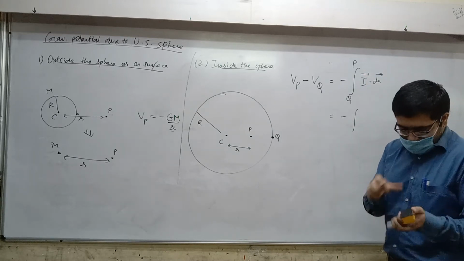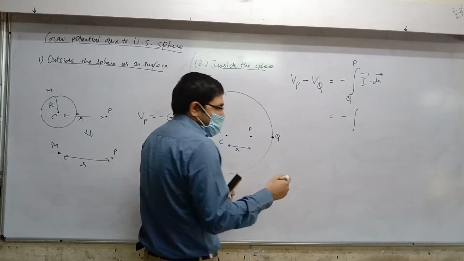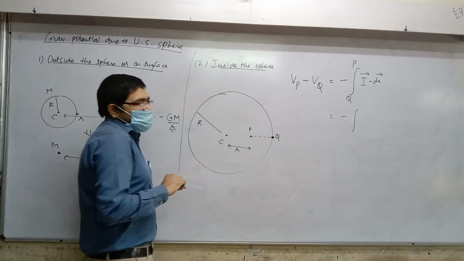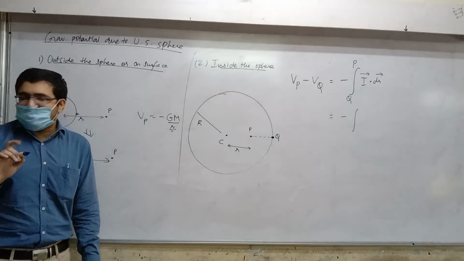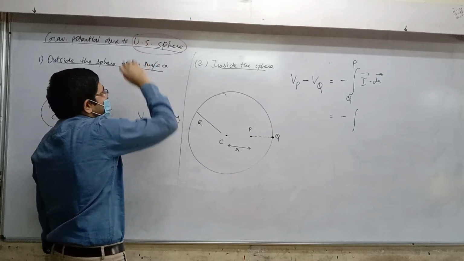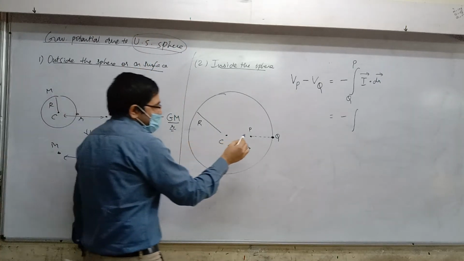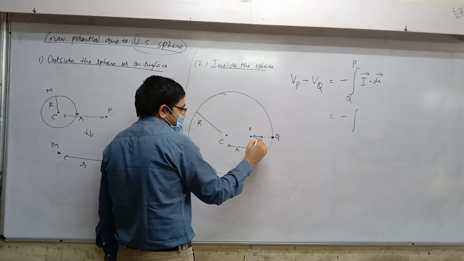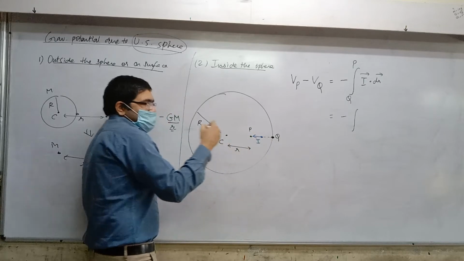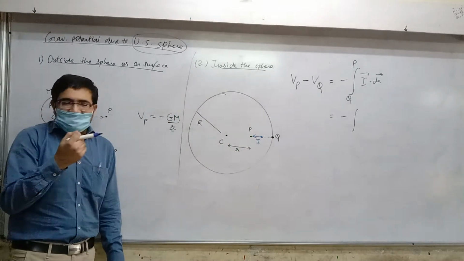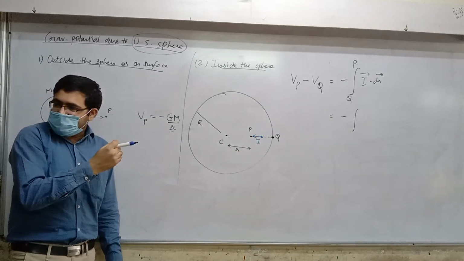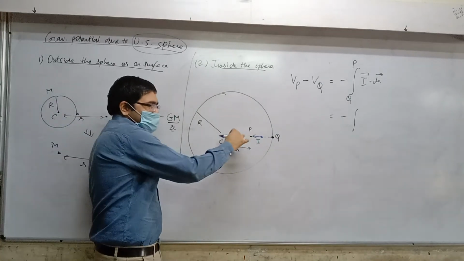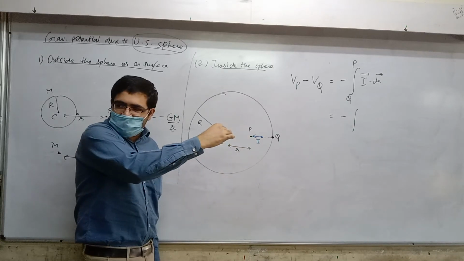Now have a look here. At any point between Q and P, the value of I is not 0 this time because it is which kind of sphere? Solid sphere. So we will use the value of I. But do you realize that gravitational field intensity I will always be towards the left side, because gravity always attracts towards the center? Is that okay? Gravitational force will attract towards the center. You get that? Yes.